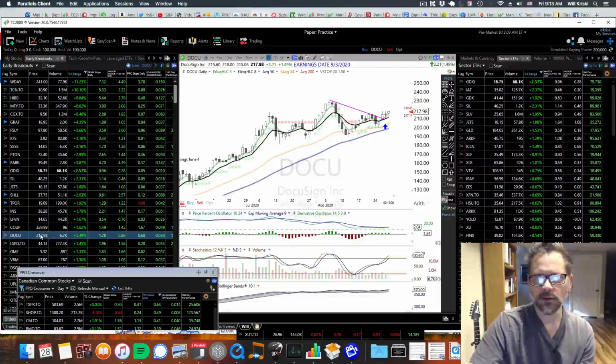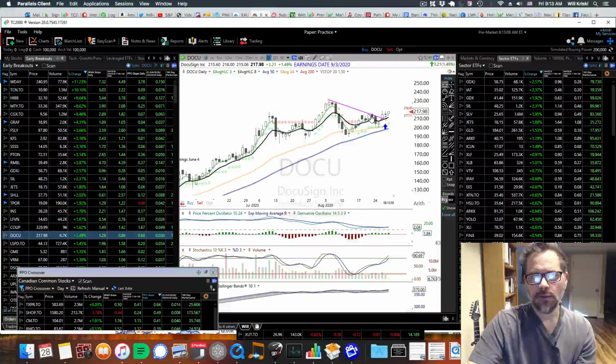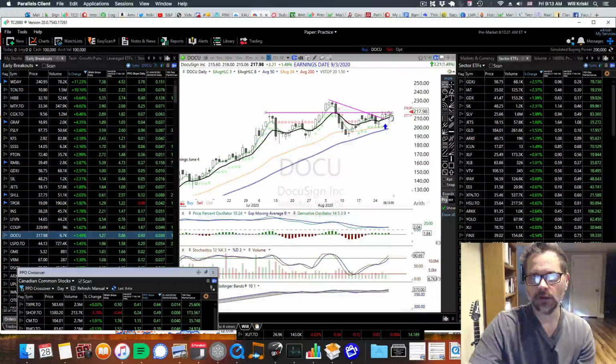Let's just take a look at some here. Yeah, so DocU had a downtrend, came back up. There's some resistance here. So you see this high, like I can draw a line. Sometimes you notice that it doesn't quite, if you hold the shift key, you create a horizontal line here. But if you're buying here, you have to be careful, kind of see what's happening. And sure enough, it bounces off that. But now this morning, there's a bit of a breakthrough. So you could put an alert and wait a bit and see if it clears that line, or even comes back and retests it, depending on your